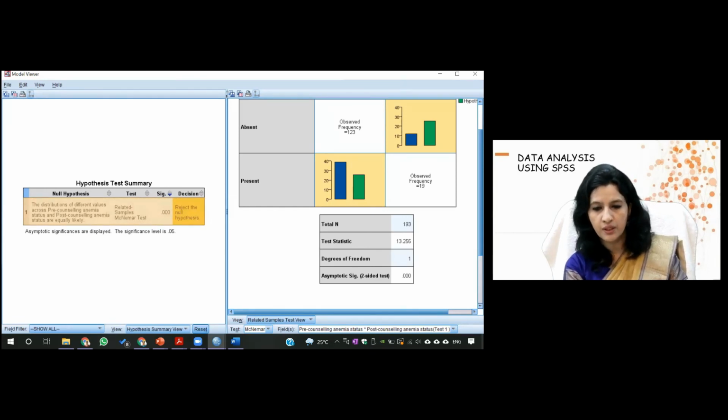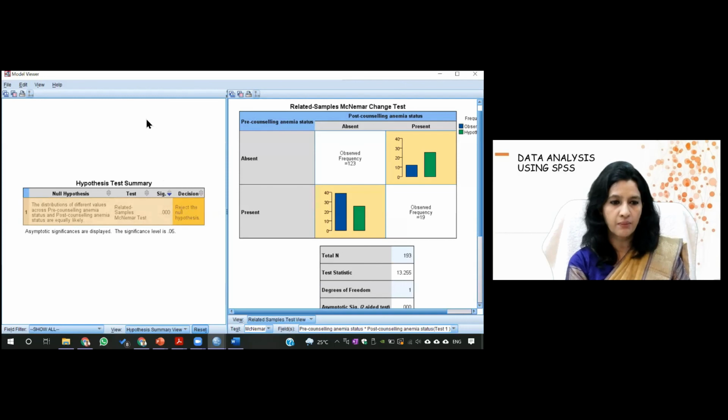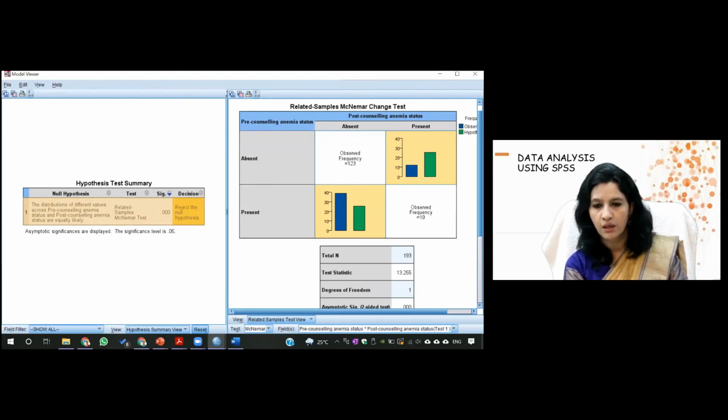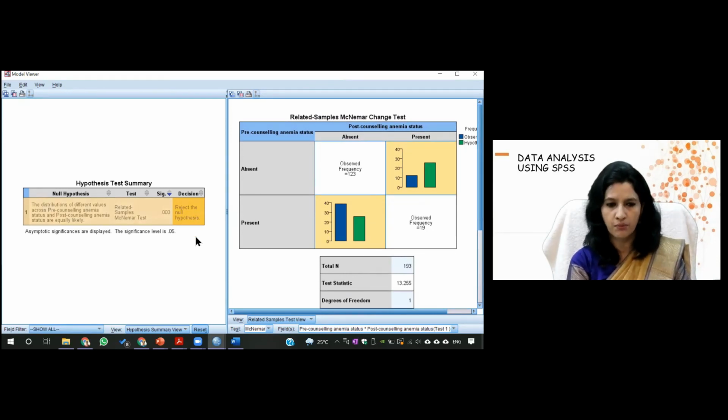I'm not able to do it right now. For the other tables we were doing it, but for this model viewer I don't know why it is not coming. So let me check once you go to the breakout room, I'll test this and get back to you.